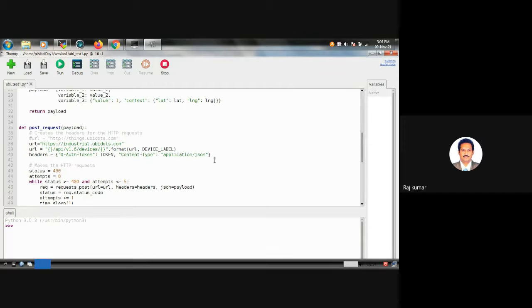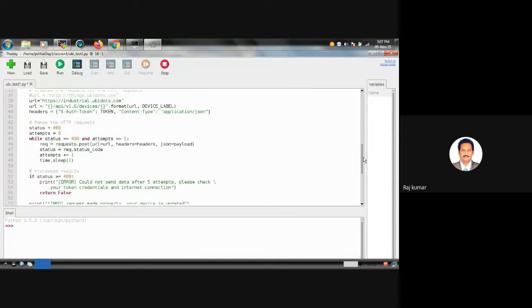This JSON is very similar to XML only. XML will be a tree type structure, whereas this one will have a set of values separated by colons. So these are the status codes like 400.